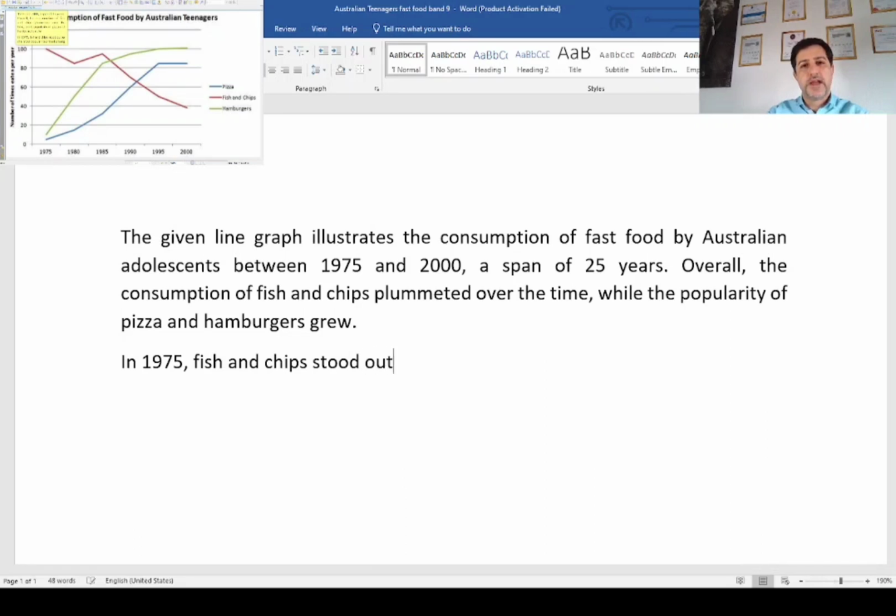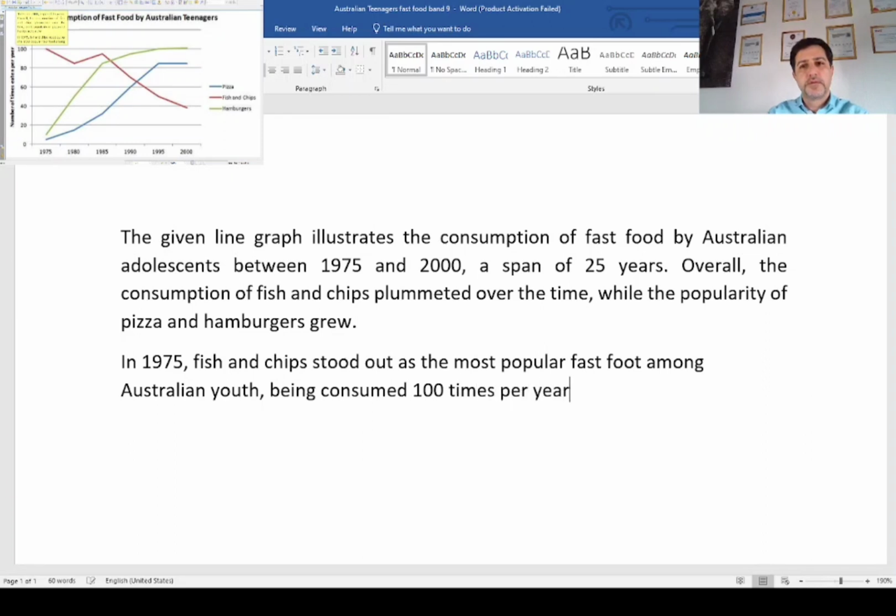They stood out as the most popular fast food among Australian youth, being consumed 100